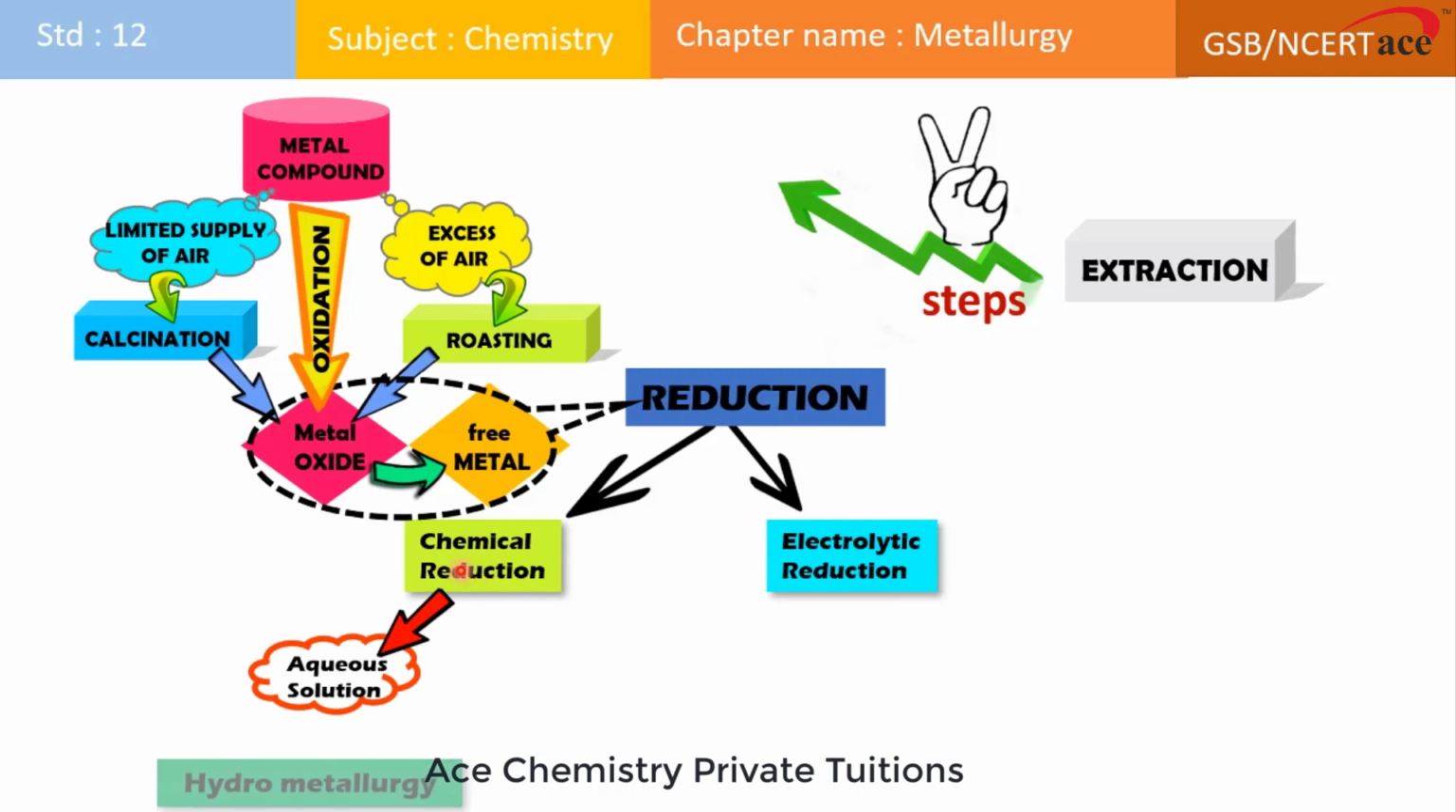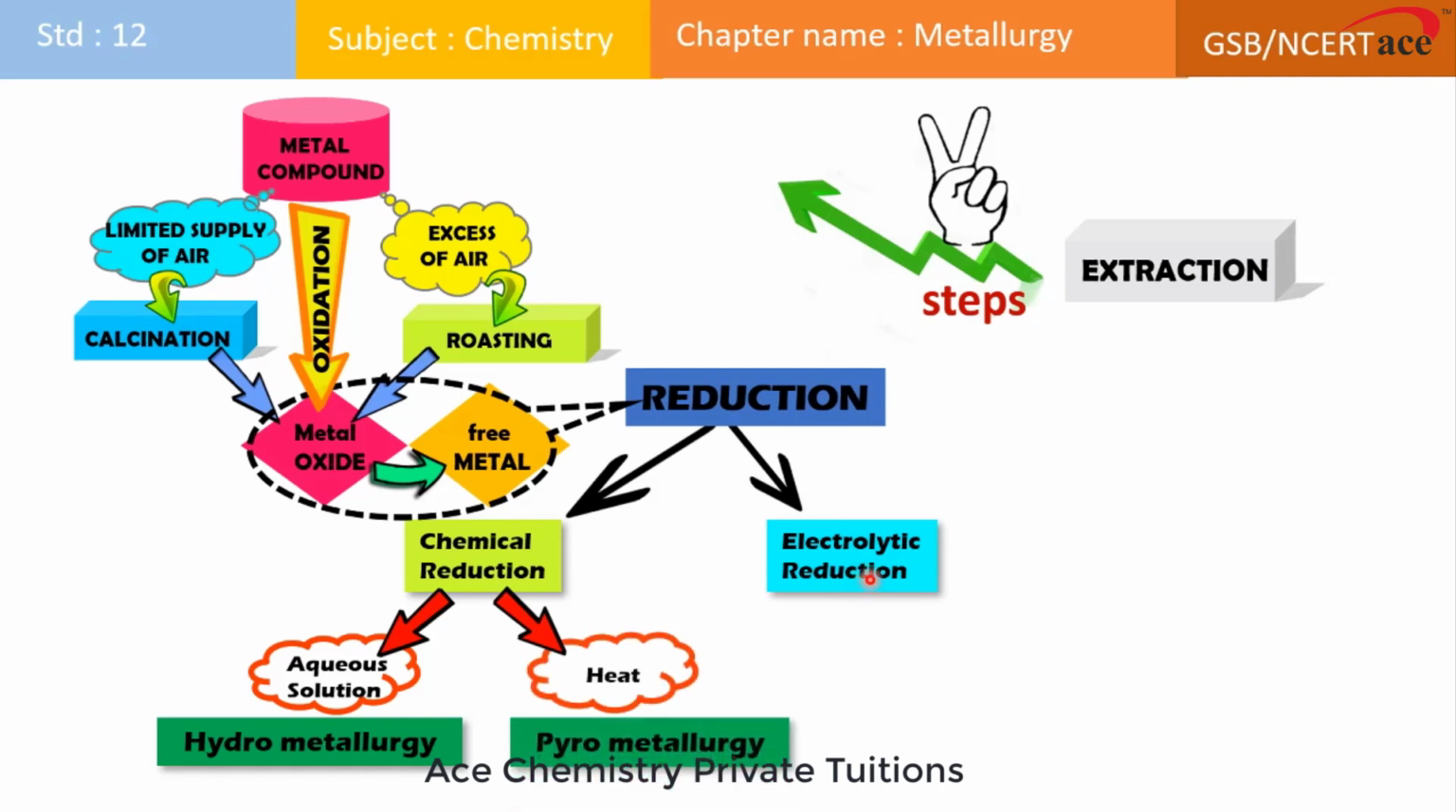See, chemical reduction is carried out in the aqueous solution by using some chemical reagent. It is also referred to as hydrometallurgy. In the second case, it is referred to as electrolytic reduction, student. So electrolytic reduction actually involves the principle of electrolysis, and chemical reduction can also be carried out by heating the compound. If it involves aqueous solution treatment, that is called hydrometallurgy, and if it involves heating, that is called